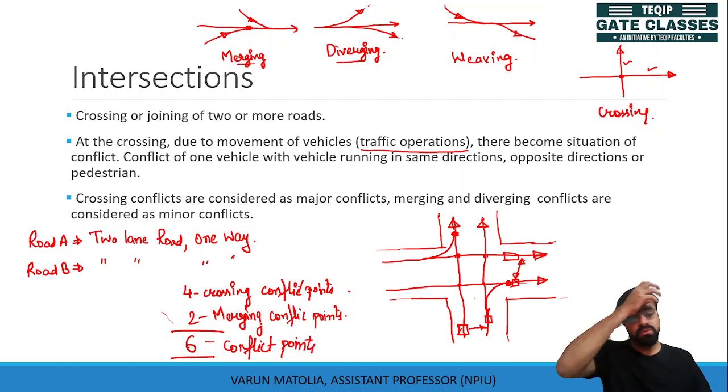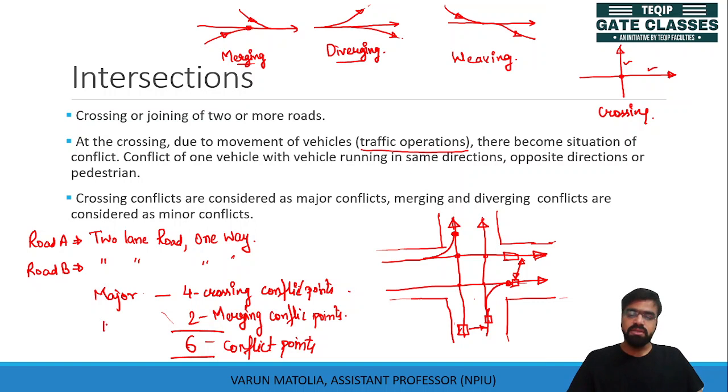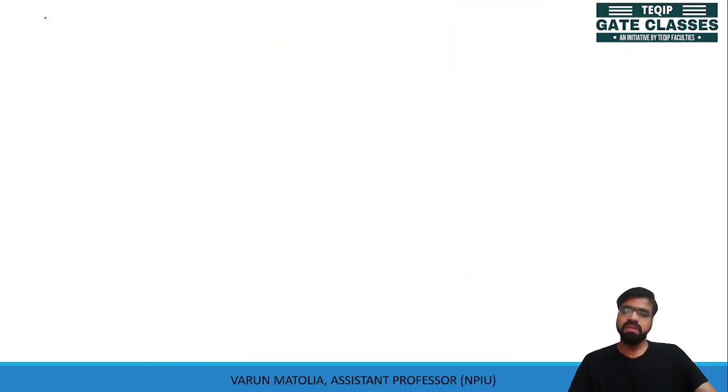In this scenario, which you can see, this is a major conflict point, and this is a minor conflict point. So the crossing conflict points are taken as major conflict points, and others like merging, diverging or pedestrian traffic conflict points are taken as minor conflict points. Let us discuss another example with a road